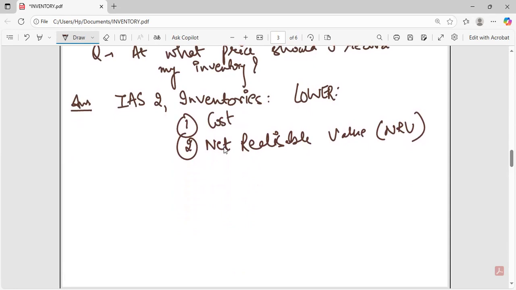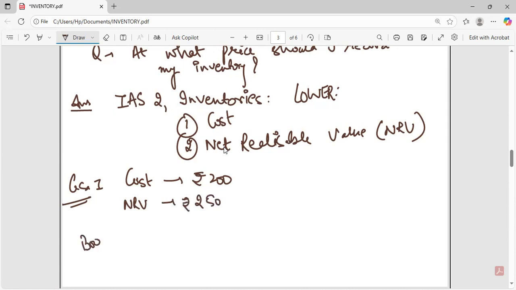So first, let us assume case 1 that Bella makes these pizzas for 200, okay? All the ingredients, the dough, the yeast, the cheese, the toppings that she's using, all that amounts to 200. All the labor that she's putting in. So the cost to her for making that one pizza is 200. And she sells it for 250. So in her books, in her accounts, she will record this pizza at lower. Which one is lower, 200 or 250? 200 is lower, so she will record the pizza at 200, right? So this was the first case.